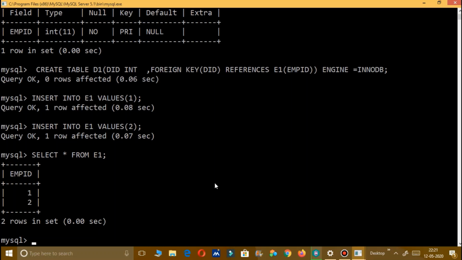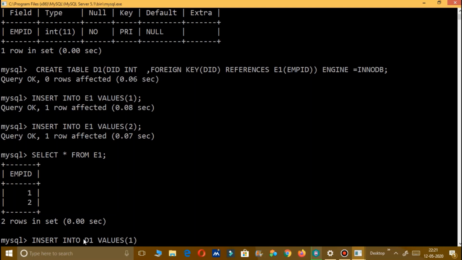So let me insert values, insert into D1, the name is D1, D1 values 1. It is allowed. Why is it allowed? Because 1 is already there in employee ID.